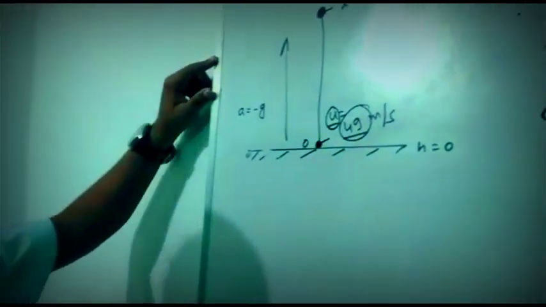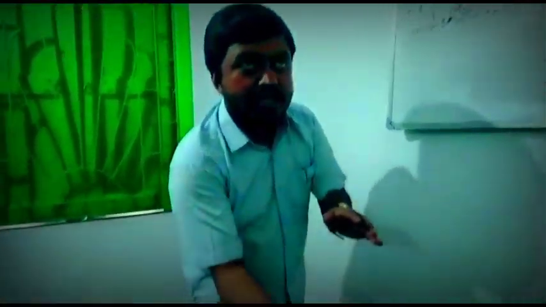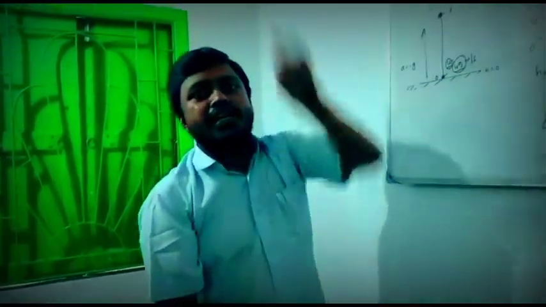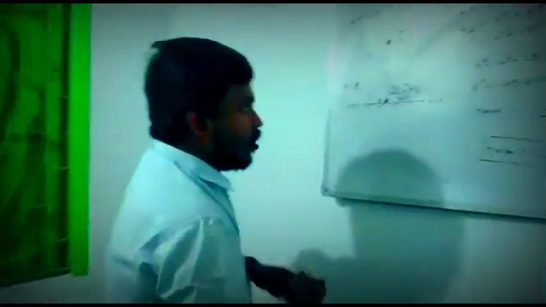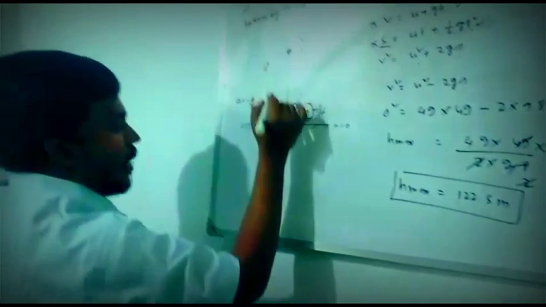So our target is the time taken before it reaches the ground, which means the time taken for the entire journey. This is my right hand, and you throw the object and it comes back to my hand. That means the time taken for its entire journey. So our target is to find the time. First we find the time taken for the upward journey.